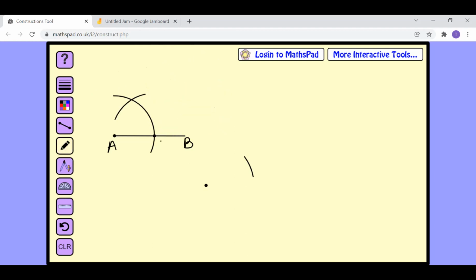Now let's not call this C. We give it some other point, P, because this is not a part of the quadrilateral, right? So I'll call this as P and this one as Q. Now you're supposed to make a line between A and Q. So we'll make a line between A and Q.